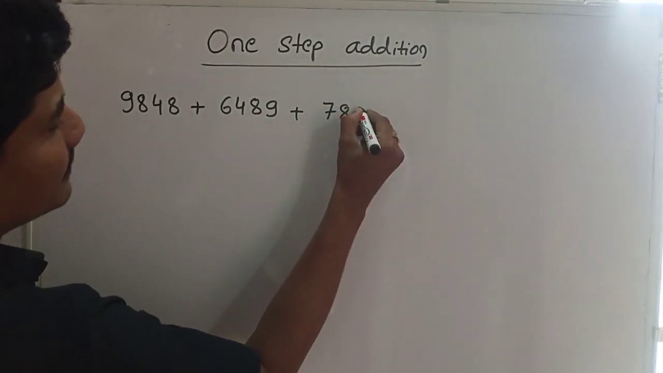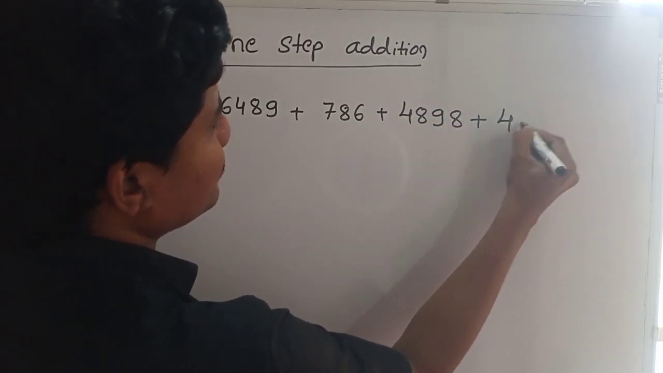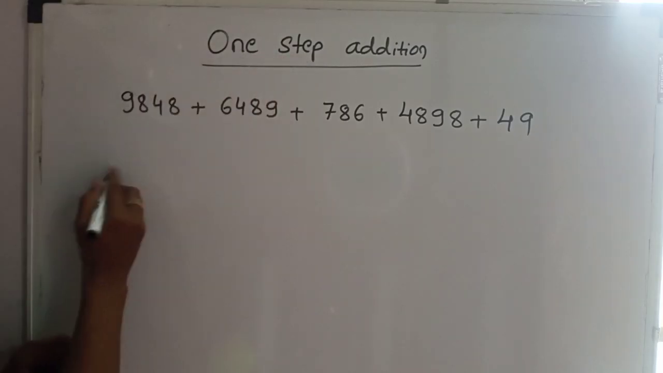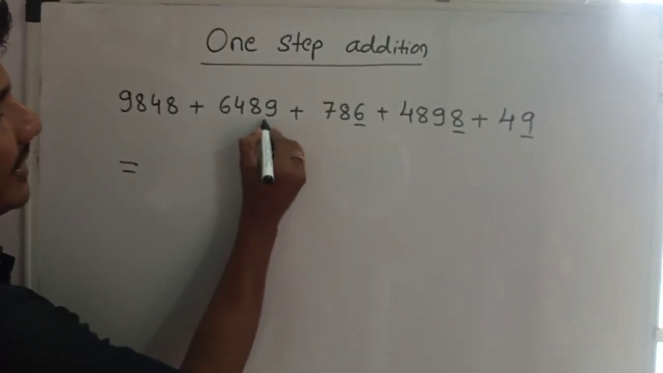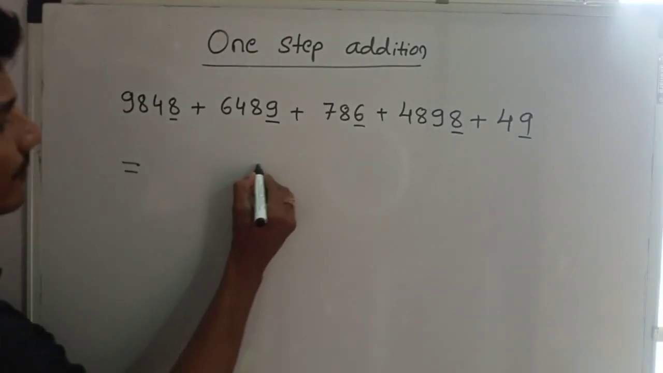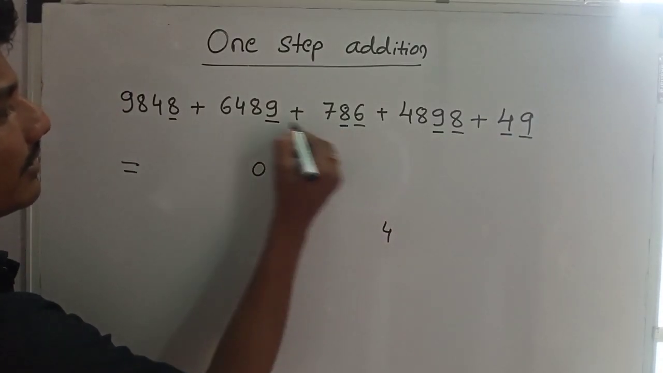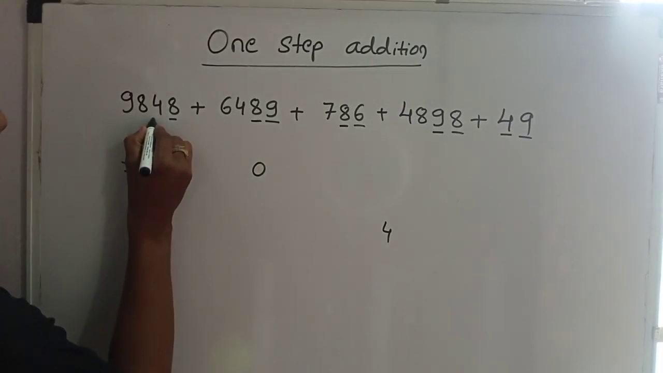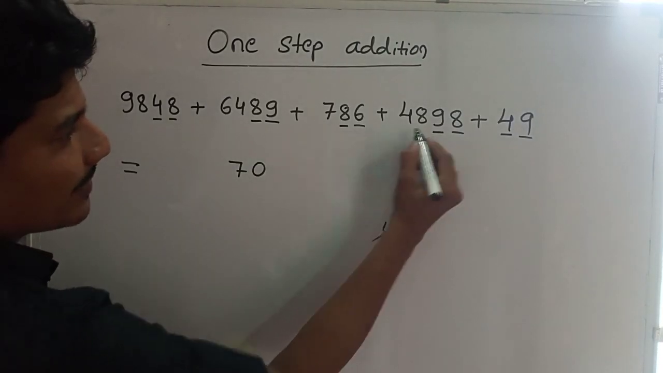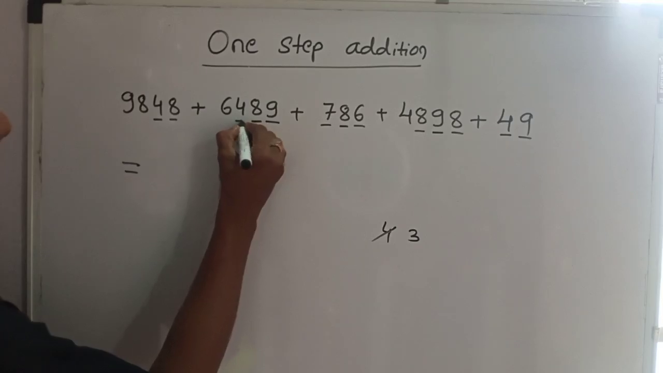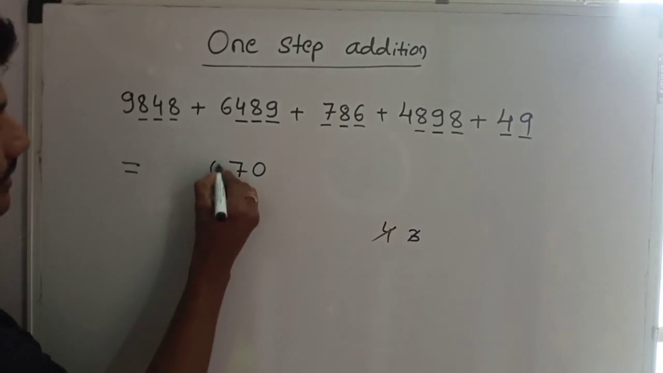9,848, 6,489, 7,786, 4,898 plus 49. When we add these numbers, let's see. 9 plus 8 17, 17 plus 6 23, 23 plus 9 30, 30 plus 8 40, carry 4, 4 plus 9 13, 13 plus 8 21, 21 plus 8 29, 29 plus 4 33, 33 plus 4 37, carry 3, 8 plus 7 15, 15 plus 4 19, 19 plus 8 27, 27 plus 3 30, carry 3,